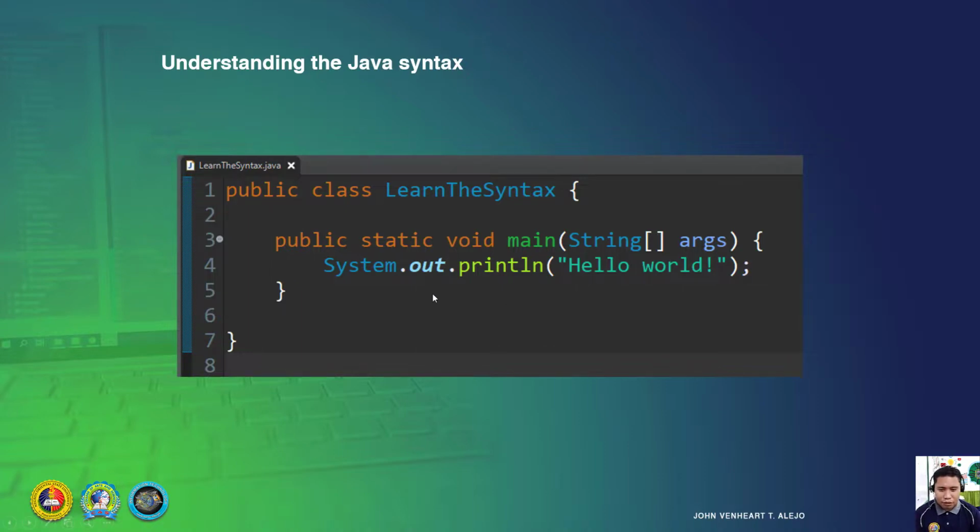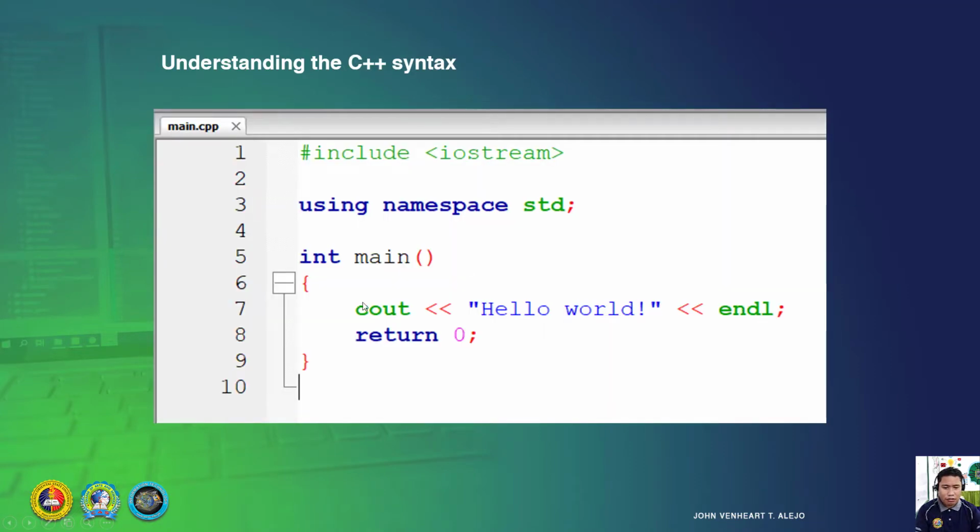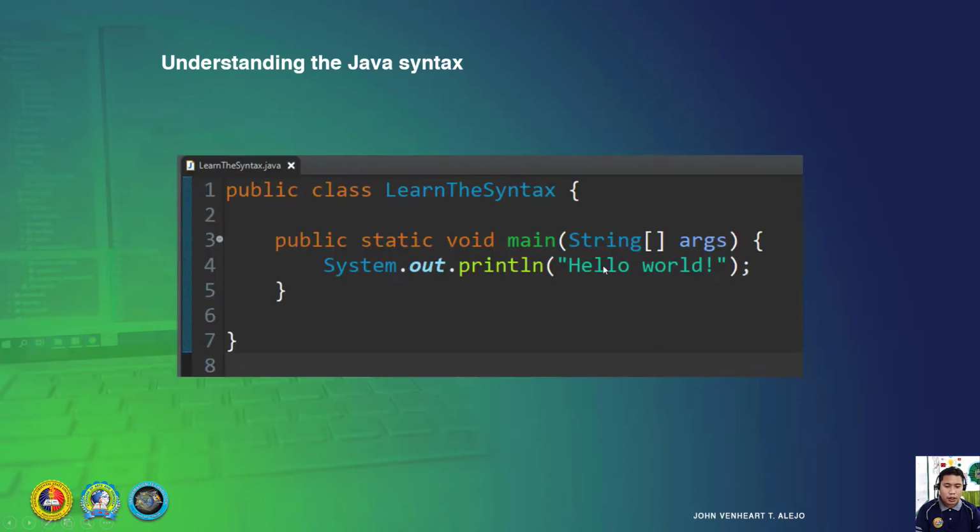Now, Java has automatic libraries. Because of its system, there's no need to import a library for basic things. If you want to print something, this code is equivalent to cout. Cout hello world outputs hello world, but the term is different: System.out.println. No need to import, just directly call the function. Okay. This is how we know Java.